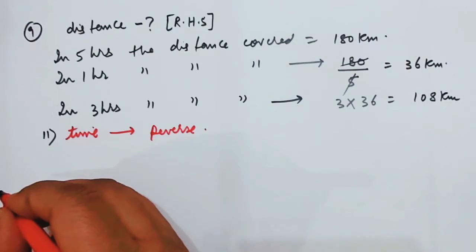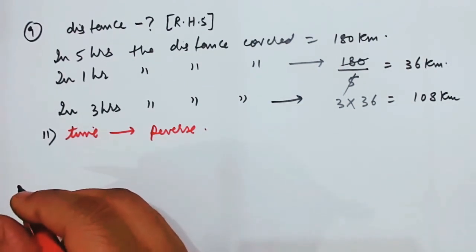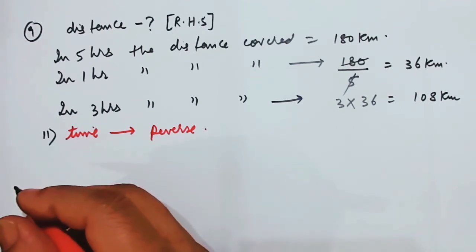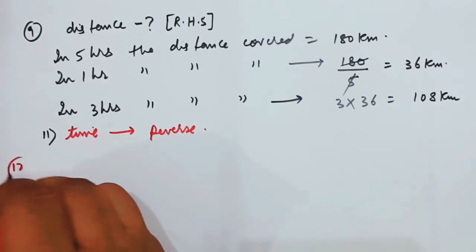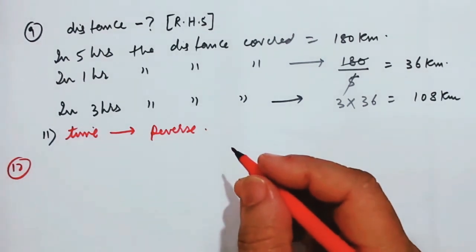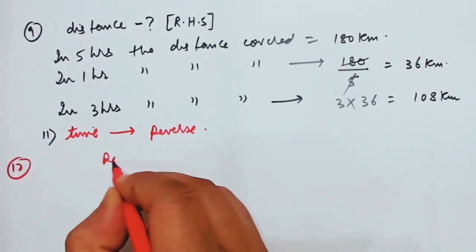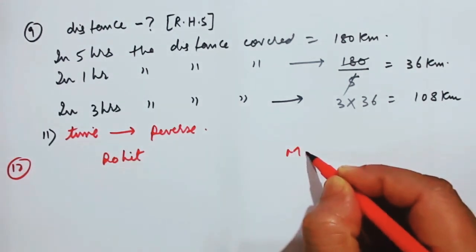Coming back to number 10, also it's very easy. Let me see number 10. What about number 10? It's easy. Number 11 is also easy. Yeah, I'll do number 12. Why? Because here there is a comparison, a comparison between this Rohit and Manoj, M-A-N-O-J.